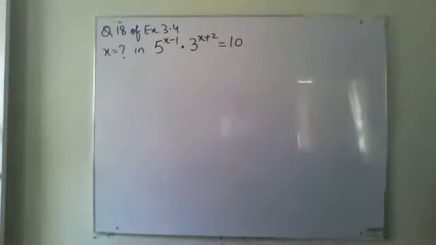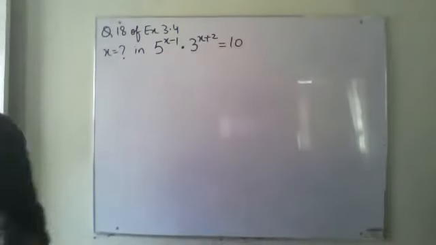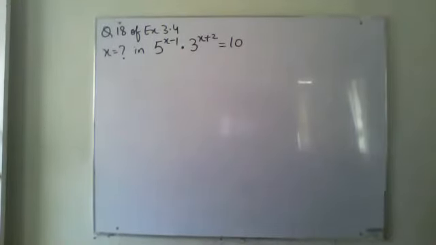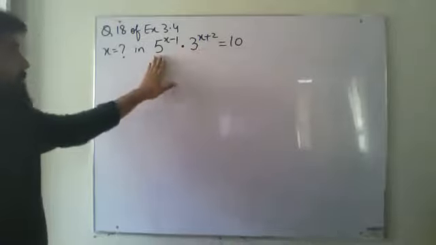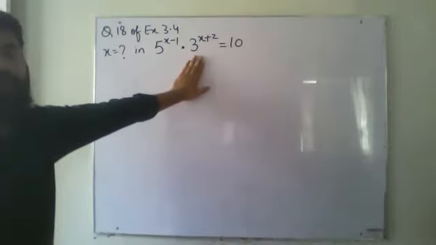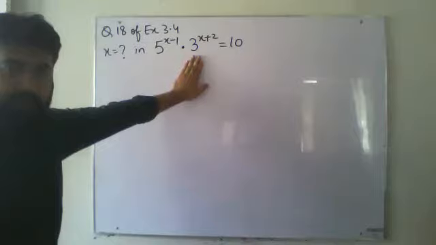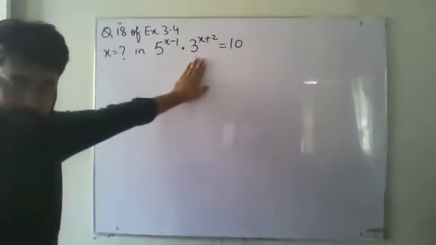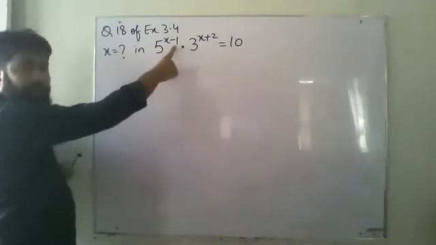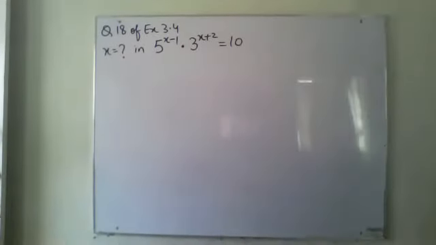The problem in this question is that on this side I have got two different numbers which have x as unknown power, and their powers are not same. So first of all, by any means, I have to make my powers same. I have to make power equal over here. Then only I can compare them. How I'm going to do it? First of all, see, these two are written in difference form.